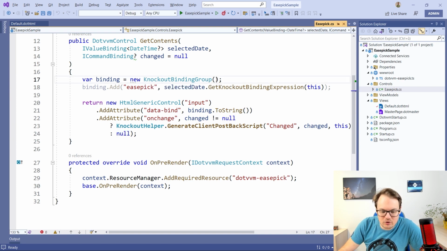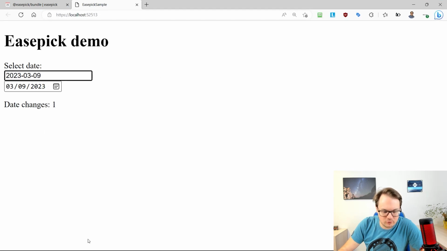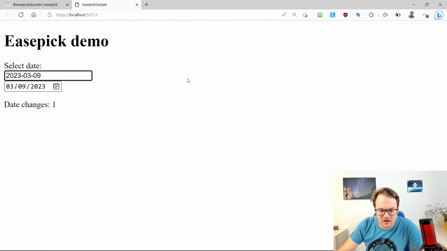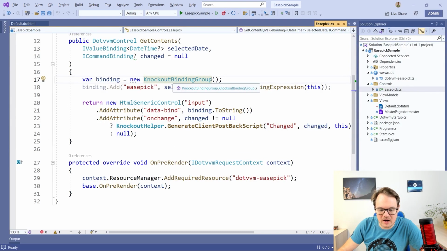Here I wanted to compose a JavaScript object. If I return back to what was generated, because the data-bind in Knockout has to be an object where the key is the name of the binding handler and the value is the value which will be passed to the handler. So basically I need to render this, and I don't want to compose these JSON objects and braces by myself. So that's why I am using this helper, KnockoutBindingGroup object, and in this group I will add an Easepick, and I need to pass a